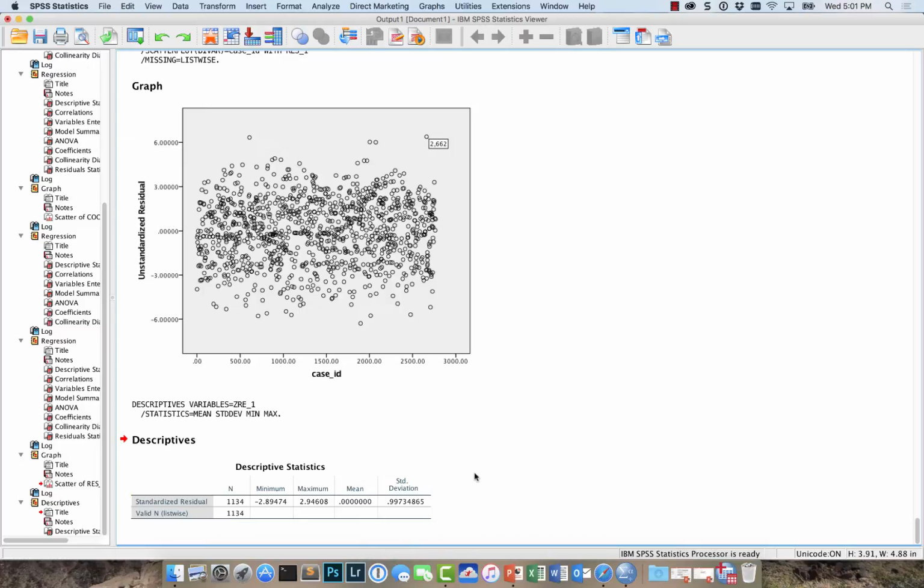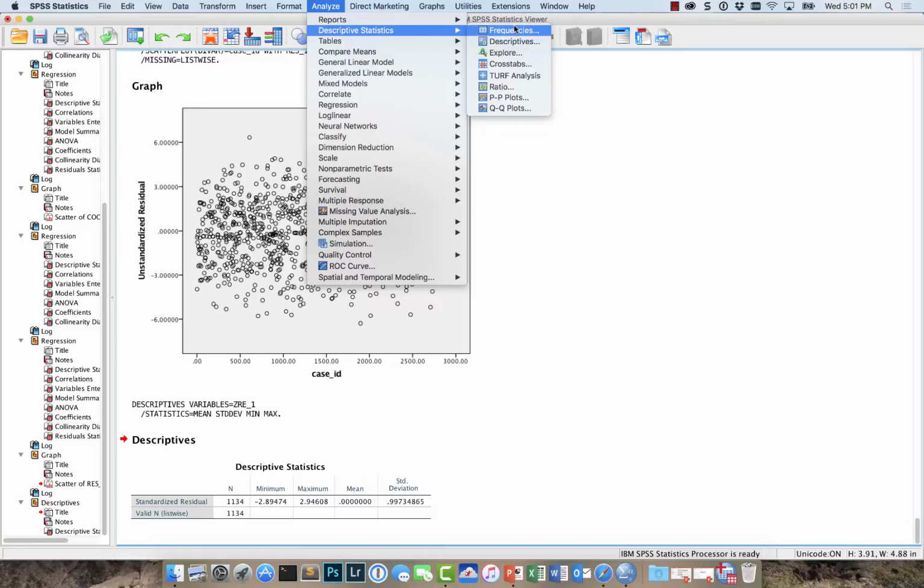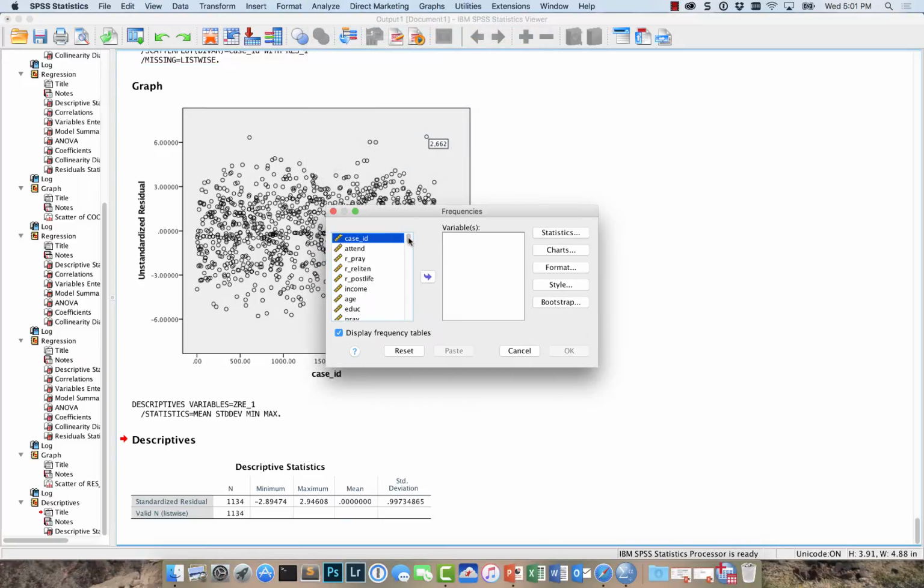And then I might drill down if I was really concerned about any one of the min or max. I could go look at those and see if there are any problems. You could do frequencies, but I'd worry a little bit about frequencies. There'd be too many of them, but let's just do that because in this case that might be a little bit better. So if we do frequencies of the standardized residual,